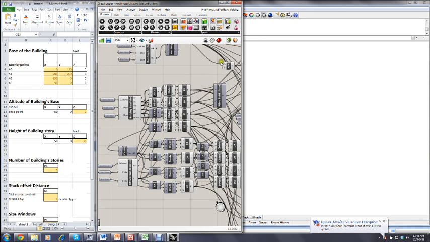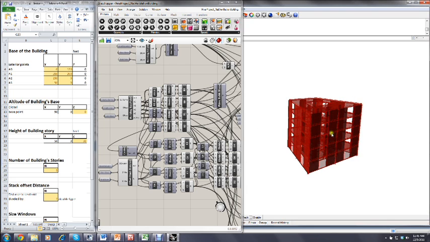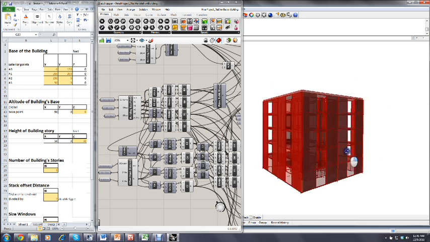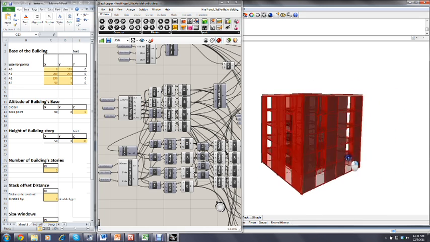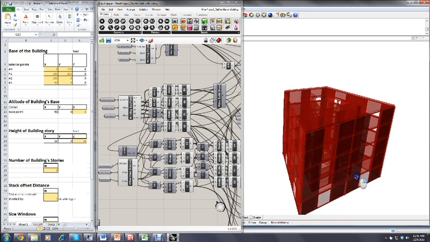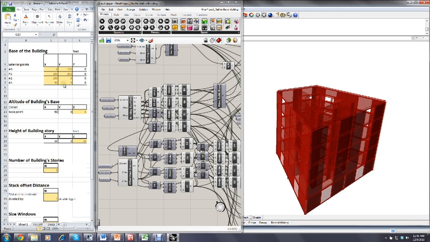So we are going to create an instance now. What we have in this definition comes from this data. For example, you can see here the number of building stories is 5, and this is a 5-story building. So what we can do here is generate parametric changes of that. For example, we are going to generate a few parametric changes. I'm going to change this